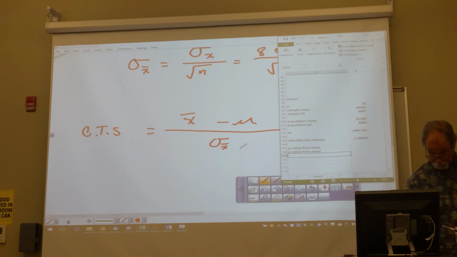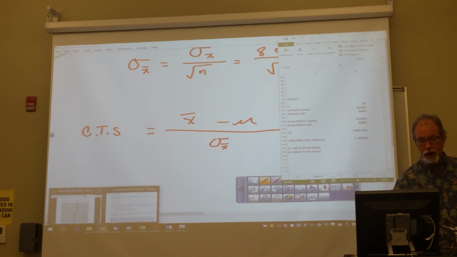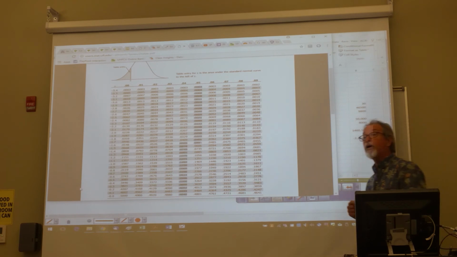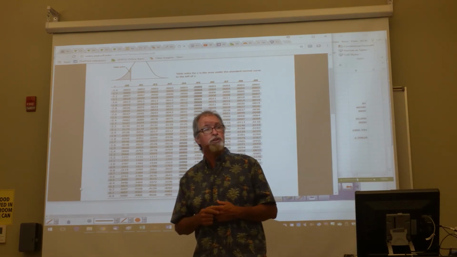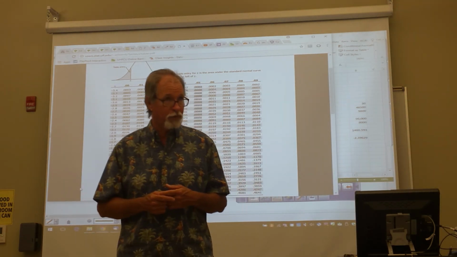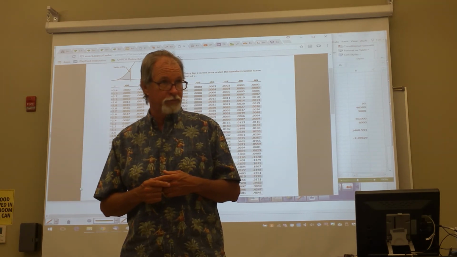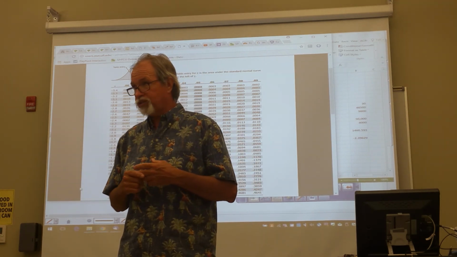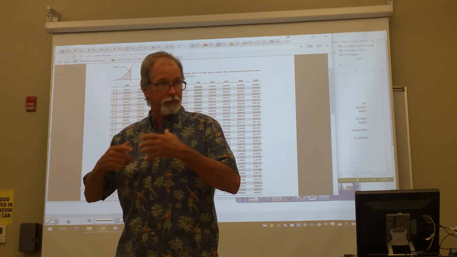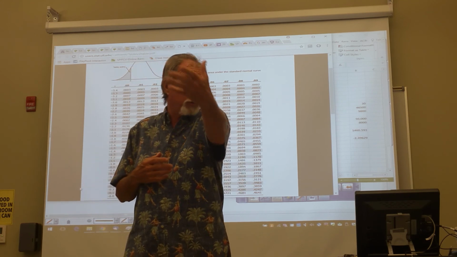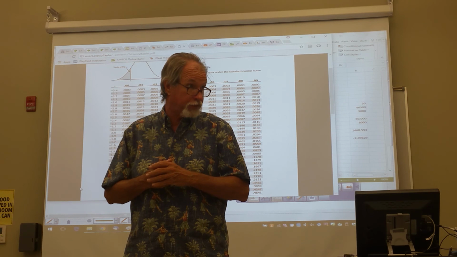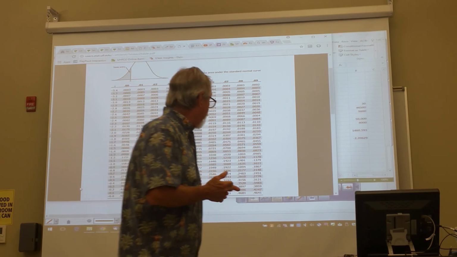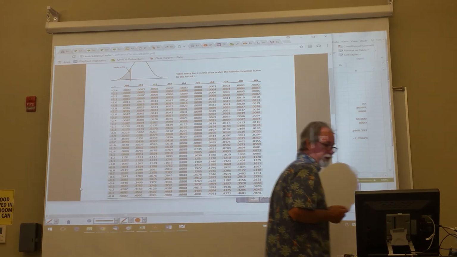2.6, 0.0. I'm using what table? I'm using the normal table. Now, it's easier to get a p-value from the normal table than the t-table. It's hard to get a p-value from the t-table. That's one reason I don't compare p-values very often. I can almost tell you that based on the